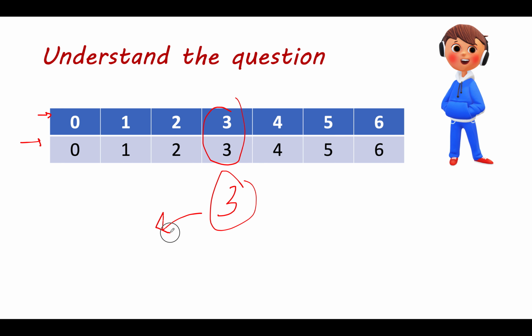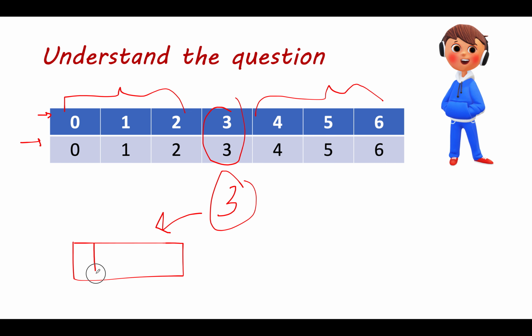Now you will invoke the helper method that will help us in building the tree on the two subarrays that you have divided, one for the left part, other one for the right part. So the same method will be invoked, and this time you have your input array as 0, 1, 2 for the left part, and for the right part the input array as 4, 5, 6. Let's find out the middle element.